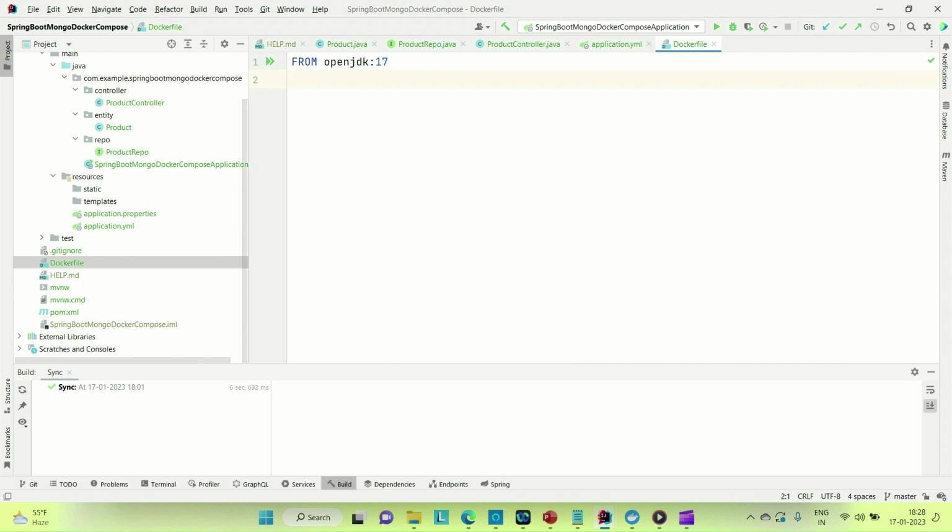So let's say it's ADD and target. Inside the target folder, we are going to create the jar file. So let's say target slash, and we need to provide the jar file name. I'm going to name this Spring Boot Docker Compose, something like that, dot jar. So this is the location where it will be generated. Provide the jar name here, and the entry point should be